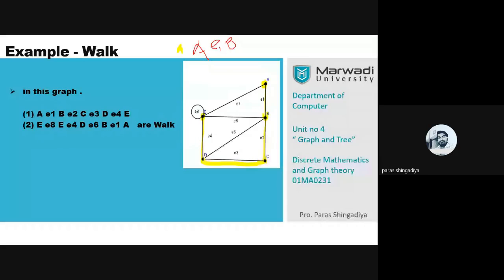As you can check against the definition, it is finite. It includes five different places. So it is a finite alternating sequence. What is alternating? Alternating means you use a vertex first, then an edge, then a vertex, then an edge, and so on. So it is known as an alternating sequence of vertex, edge, and so on. Clear?